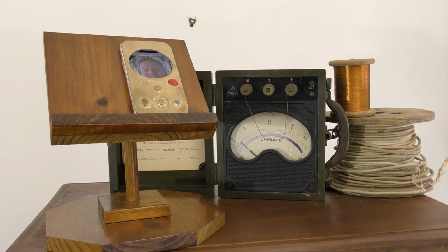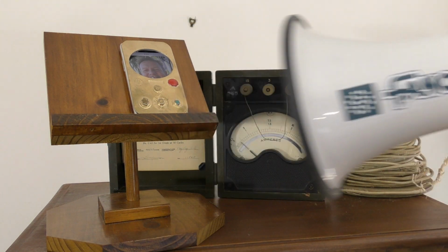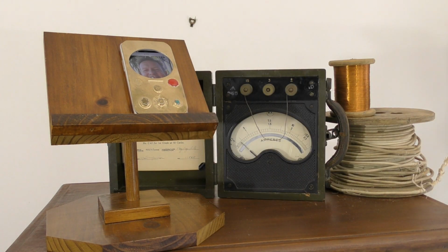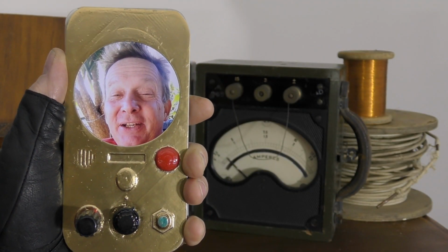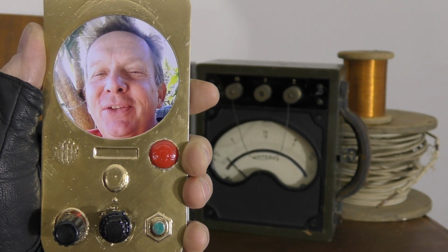(1968). Scene 1, take 1. Bunnings lights on, microphones on. Action! Yeah, today in 1852 we invented the Farnsworth